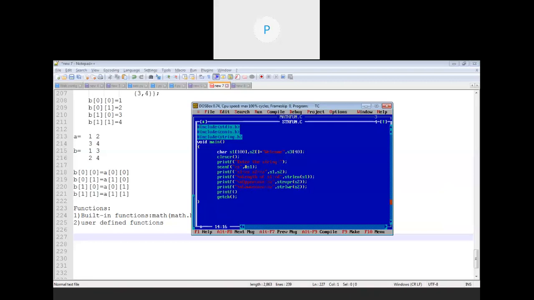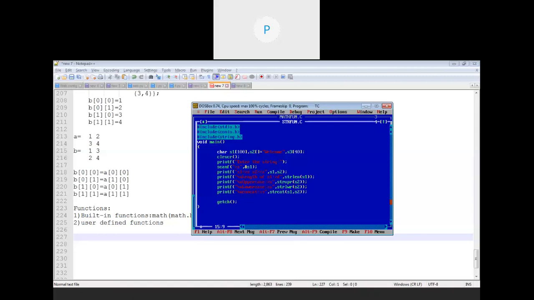Okay, then printf. What if you want to concat two strings? Concat means what? Joining a first string with another string. Okay, so concat %s comma strcat, say s1, comma s2.